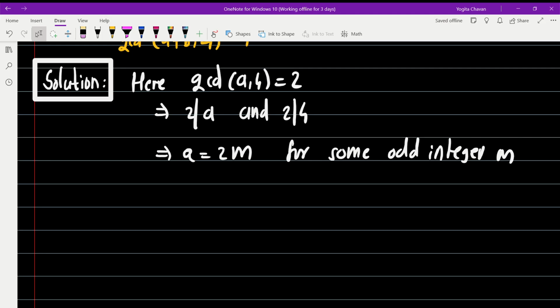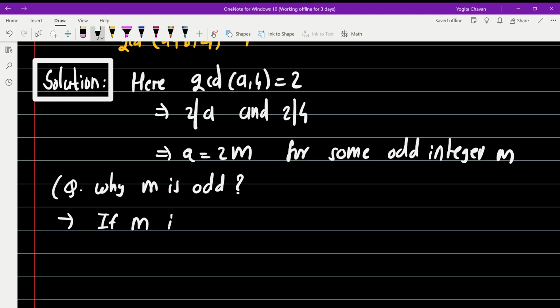So 2 A को डिवाइड कर रहा है तो A इवन नंबर ही रहने वाला है. So A is equal to 2 into m for some odd integer m. Now the question arises, why is m odd? Let's prove this by contradiction. Why is m odd? If m is even,